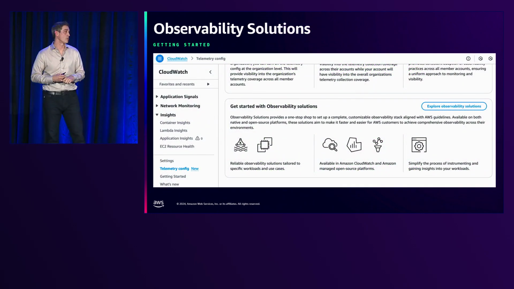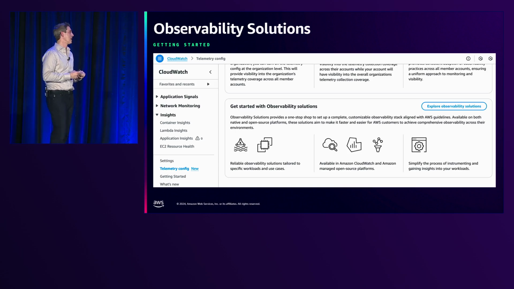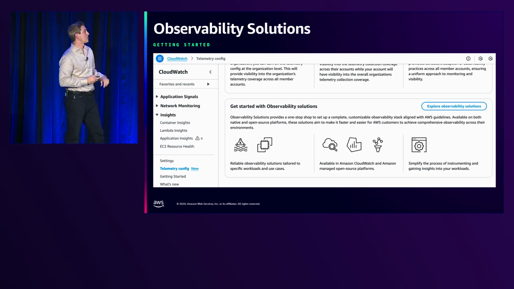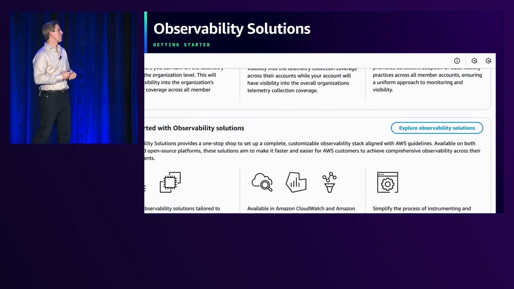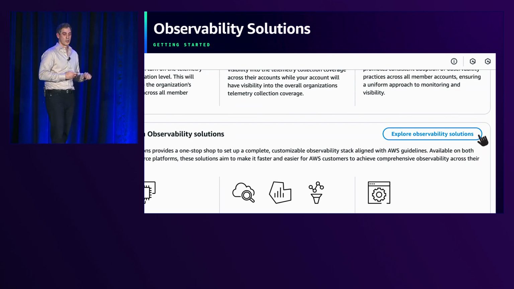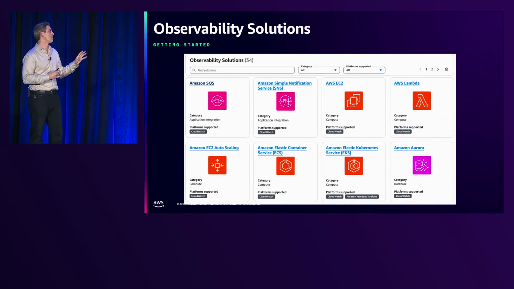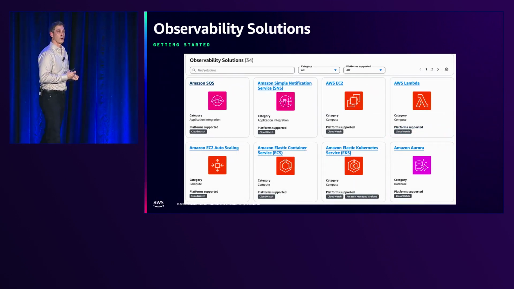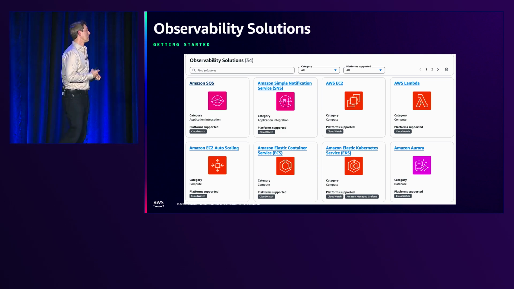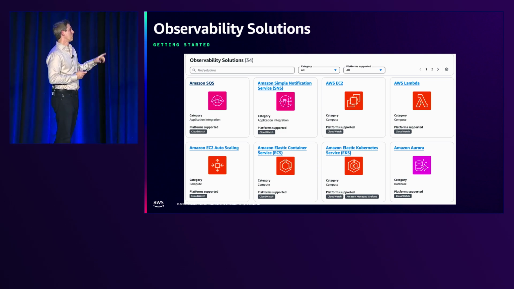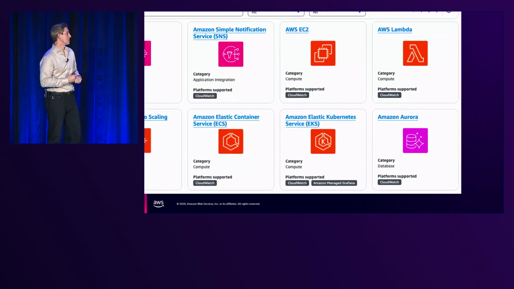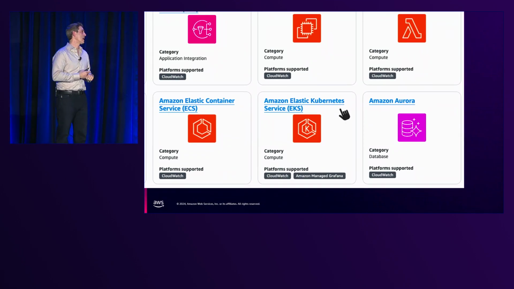Directly from the CloudWatch console, on the left side, you have the telemetry configuration. From the telemetry configuration, you can click on Explore Observability Solution to bring up a list of 30+ different observability solutions that you can deploy directly within the console. So let's start with Amazon Elastic Kubernetes Service, so EKS. In EKS, I want to deploy this to my managed open source services, Prometheus